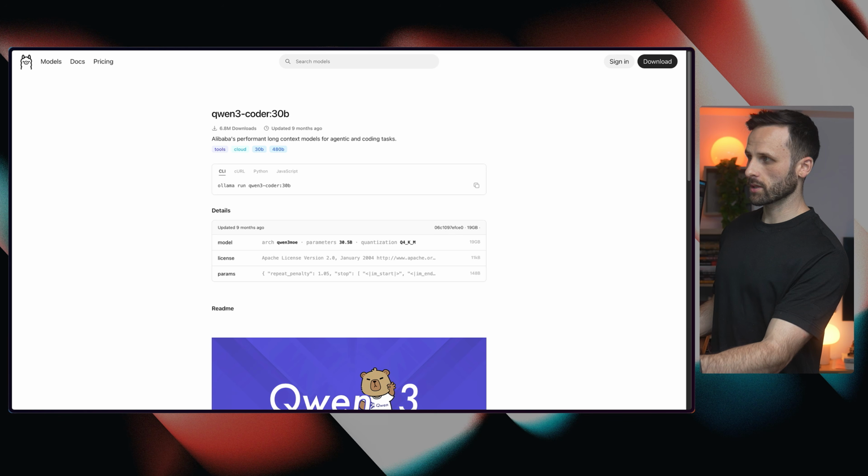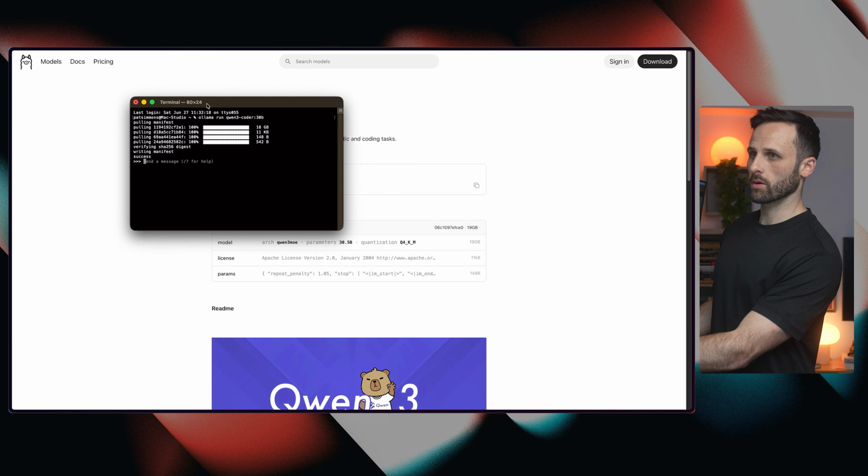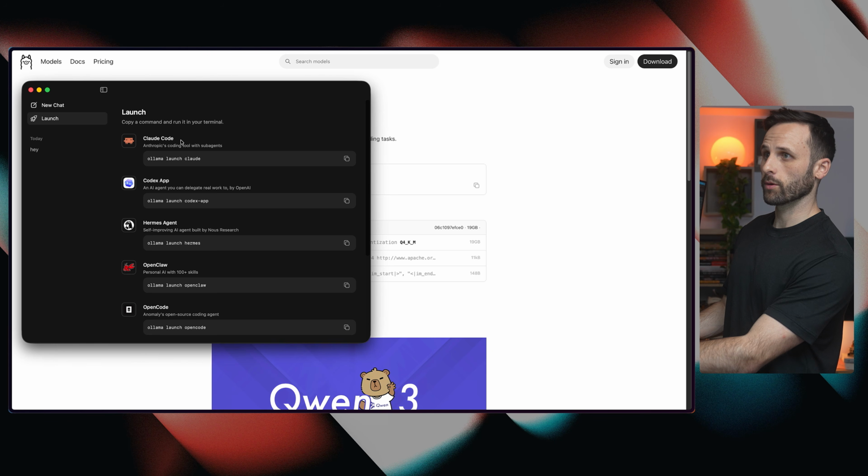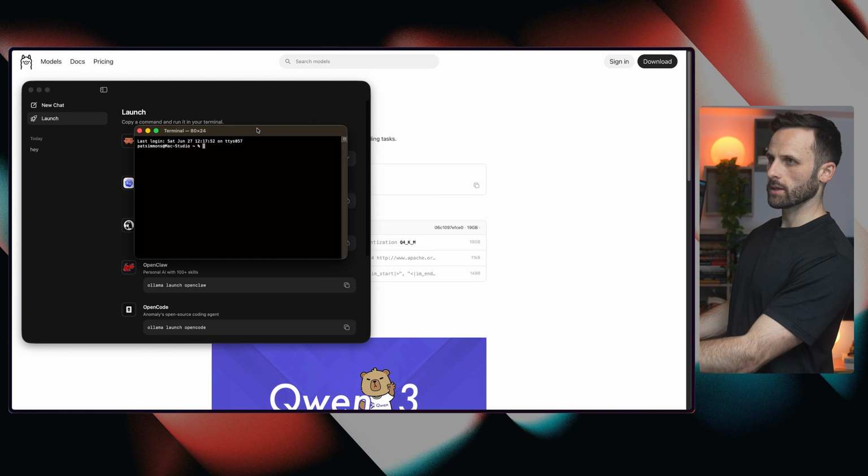So let me show you a good example of this. Now that our latest Qwen3 Coder is finished building, I believe. Yep, we are all done. We can now go back to Ollama here, and this time we're going to open up in Claude Code. So we're going to go launch. We have this very simple command here that we just need to copy and just paste this into a terminal